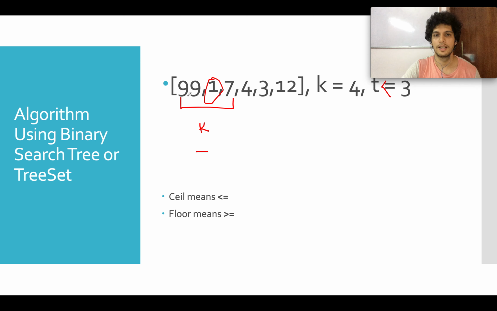Let's take a simpler example where k equals 3 rather than 4, so that the size is smaller. Otherwise we need to take a bigger array. If size equals 3, then 99 came, there's only one element, move ahead, then comes 1. So 99 minus 1, you are at 1, you find the next higher value in your set.